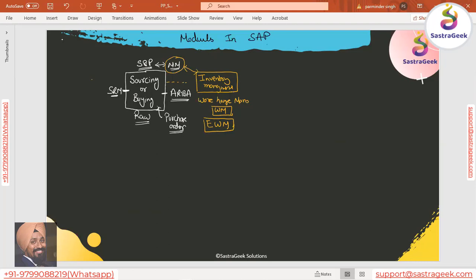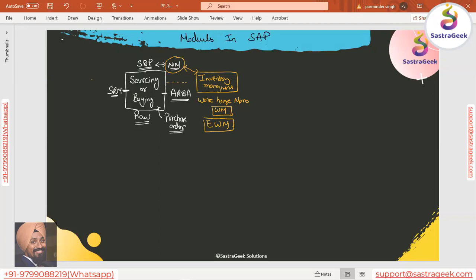If you want further granularity, to store your stock at the storage bin and storage type level, the module is EWM. So EWM is to better manage your warehouses. It's not mandatory that EWM should be there. If we have big warehouses, companies implement EWM or WM to manage them better. Otherwise, within the storage location also, you can maintain your stock. So that's basically the three modules: IM, WM, and EWM in SAP.